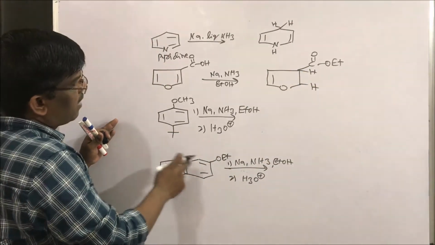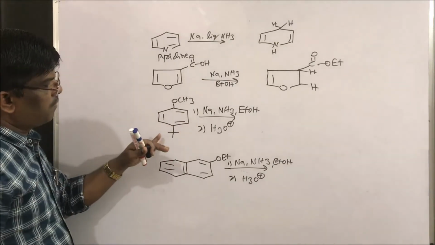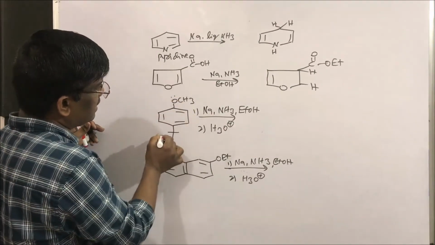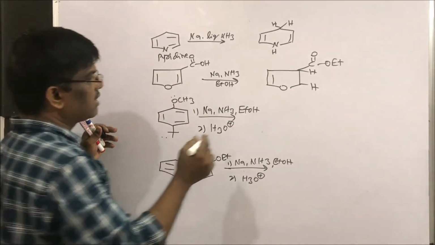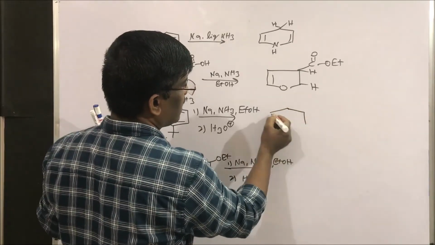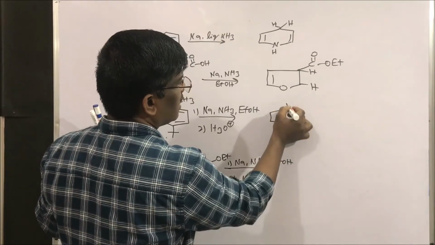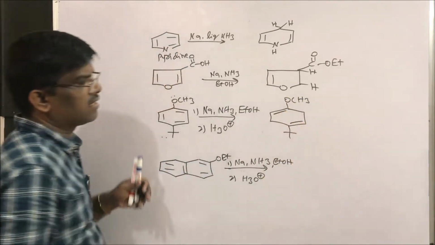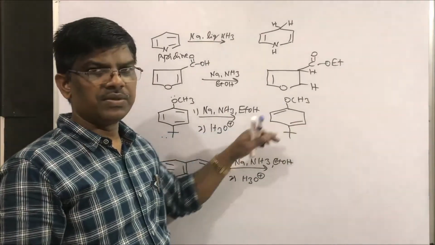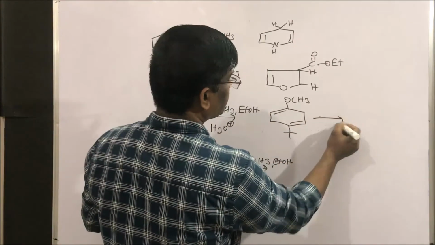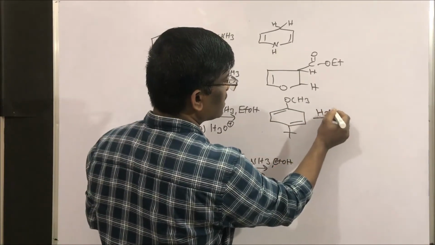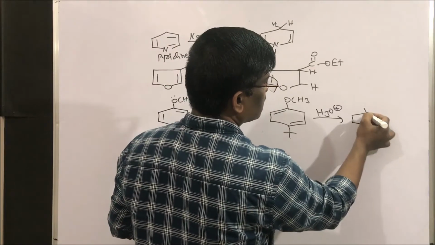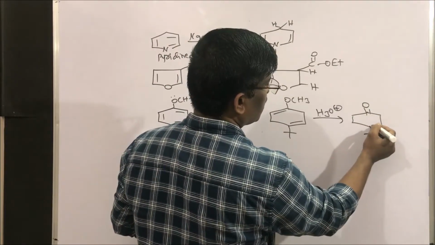Yes, then what is happening here? Yes, para tertiary butyl anisole. So this is donating, this is also donating. So what is the intermediate in the first step? Yes, let us write one by one. Here OCH3. So I am not going to disturb the double bonds. So this is reduced. Since we are using this acid, H3O plus, what happens here? Ketone will come. Yes, so ketone and tertiary butyl will be here.